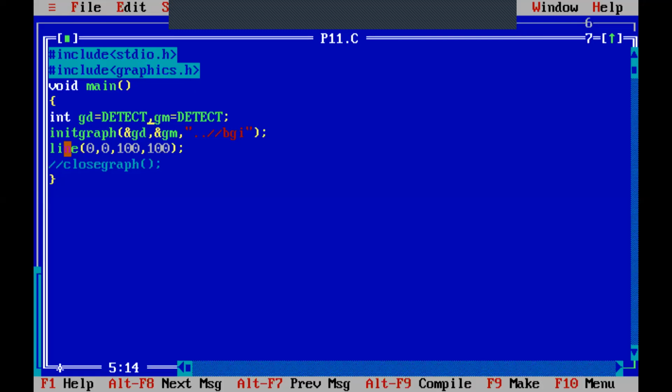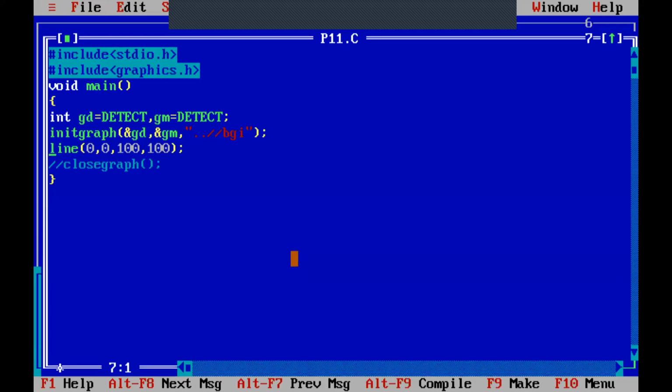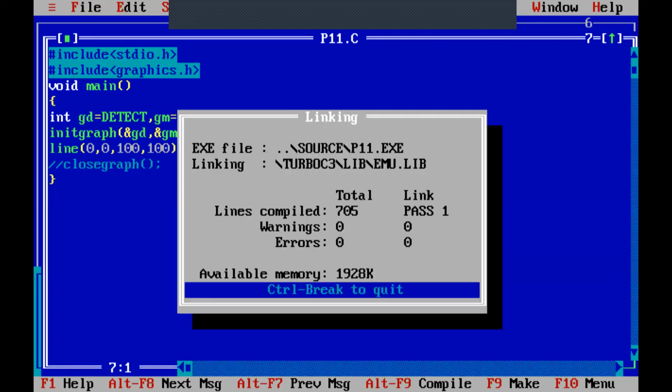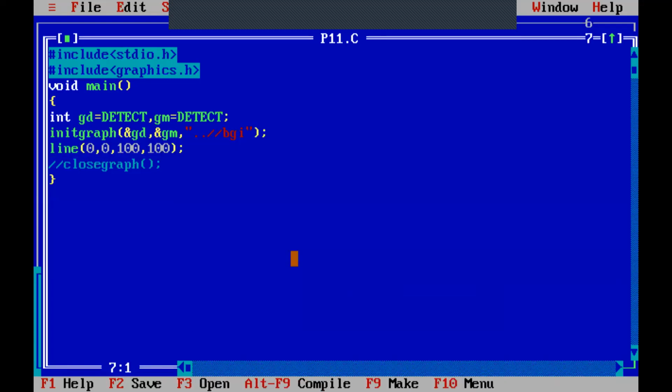Line, if I right click on it or if I press F1 by coming onto this line, I will get help.